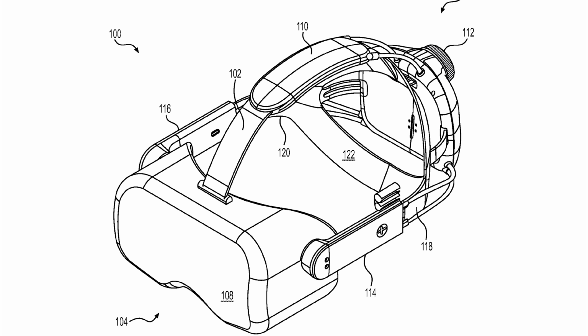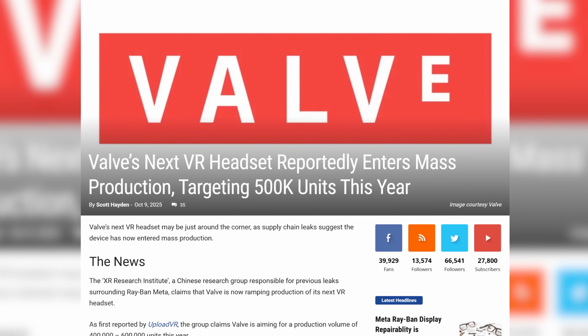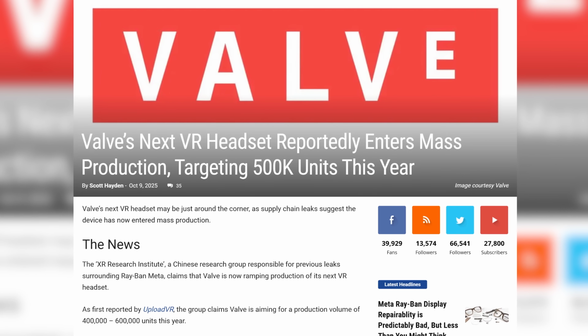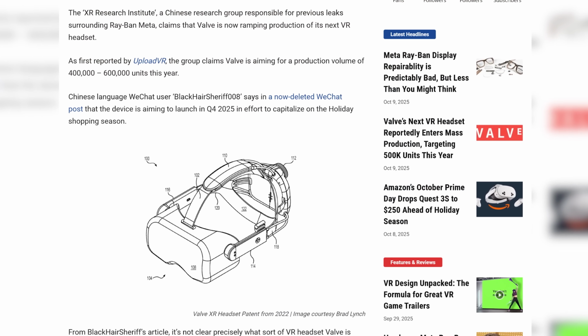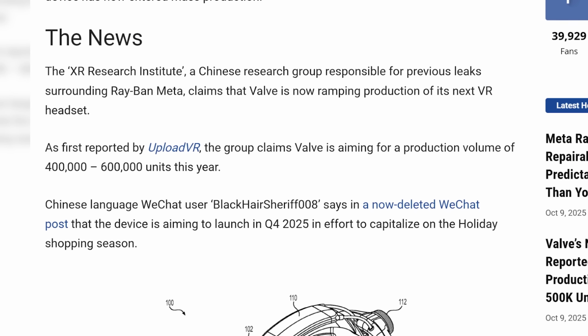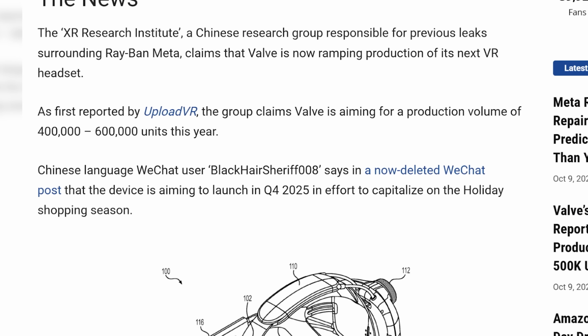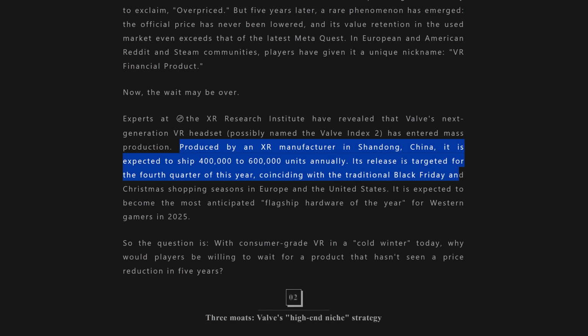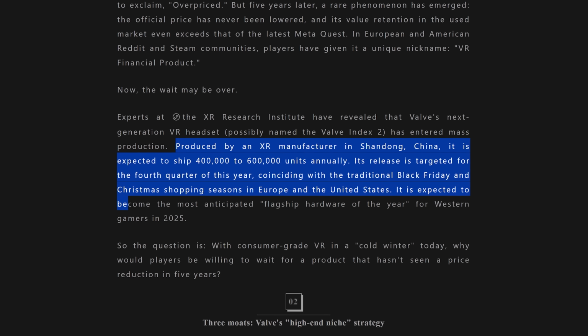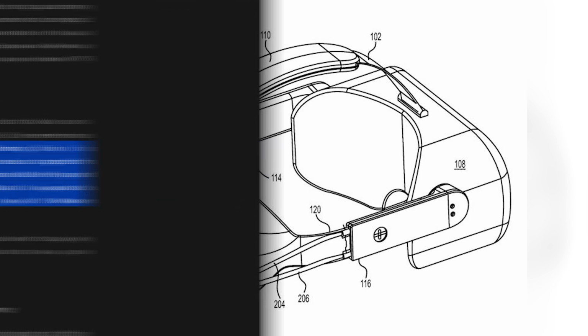The XR Research Institute, which was a Chinese research group that got leaks right a lot about the Ray-Ban Metas, is claiming that Valve is in the process of ramping up production on their next XR headset, as much as 400 to 600,000 units this year. And the biggest detail of that probably is that they are still aiming to launch this quarter 2025 for the holiday season, which seems wild that we could be that close to the holiday season and still not have any